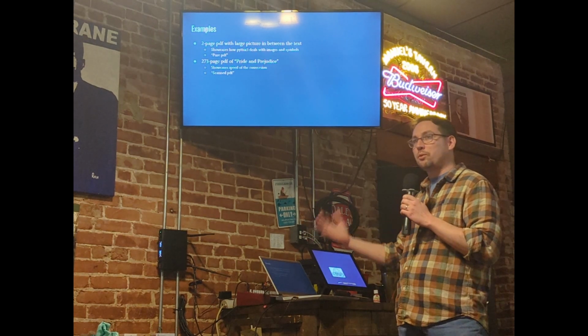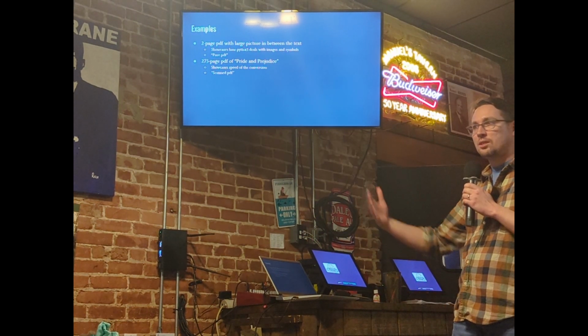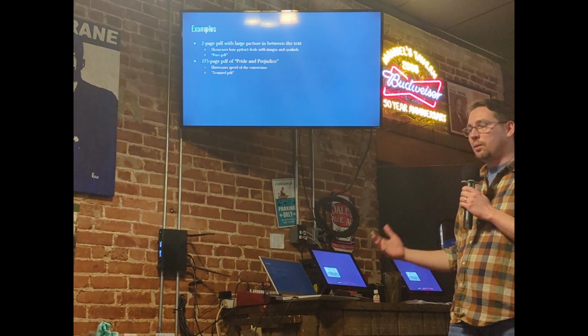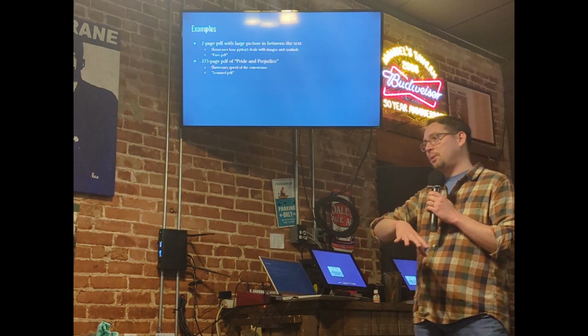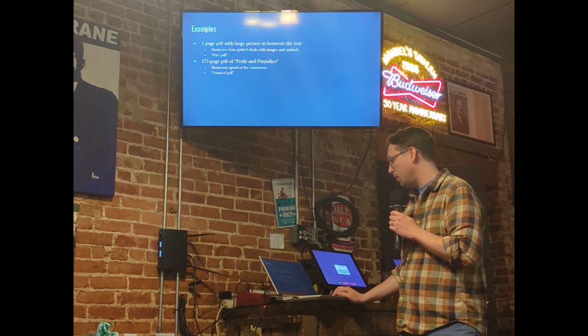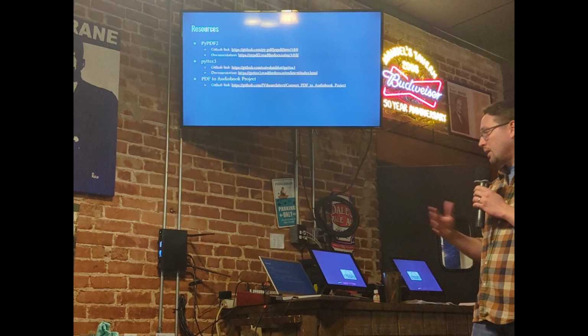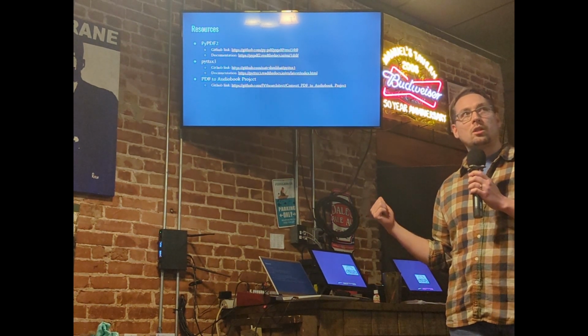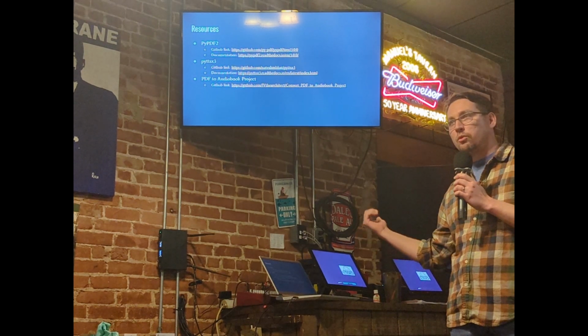So, this was an example of a scanned PDF, and though it had issues with things like the hyphen, otherwise it doesn't have any issues with extracting the text, PyPDF2 extracting the text, and then the other one turning that into audio. So, that's it. That's the end of my talk. These are the resources, the GitHub link, the documentation, and the GitHub link to the